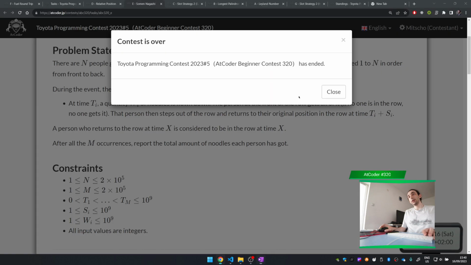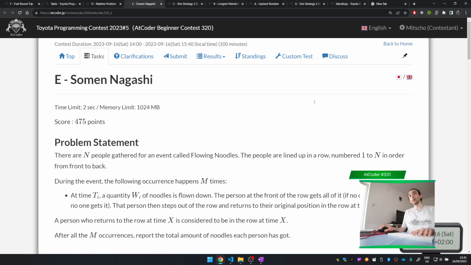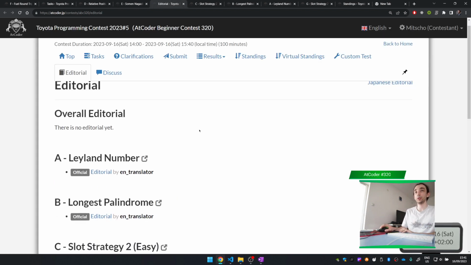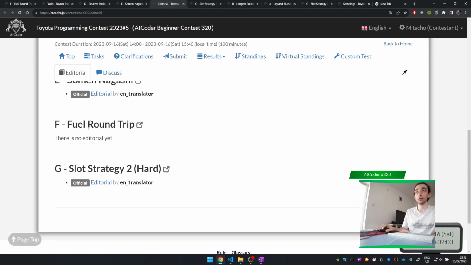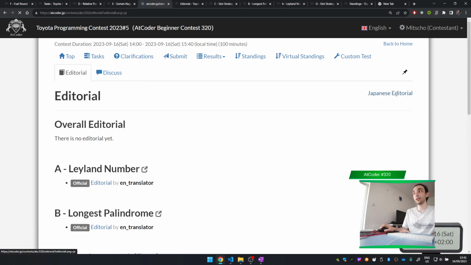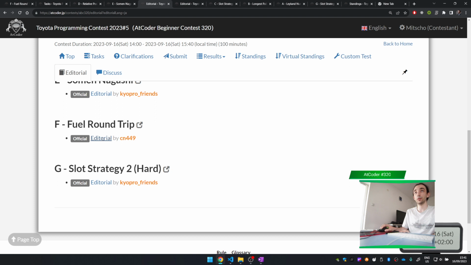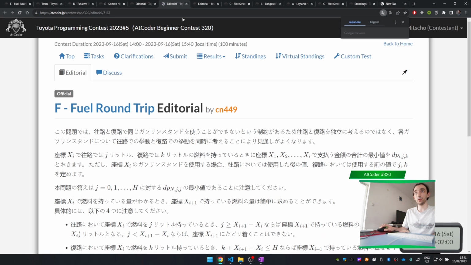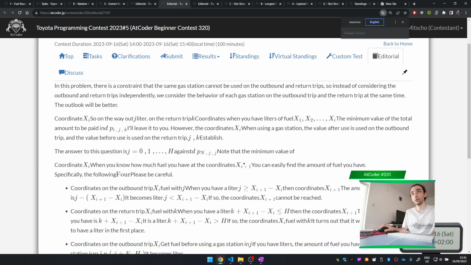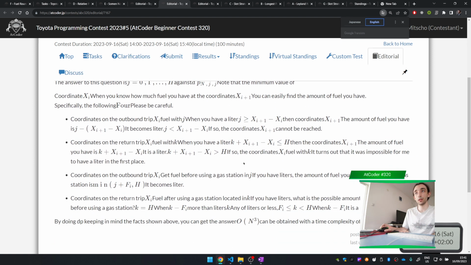Okay, yeah. So F we thought about, but of course I want to read the editorial, especially on F and G. Now there's no editorial on F, but there's an editorial on G. Also, there is a Japanese editorial here where editorials can be found as well. So in case of F, I just want to see what